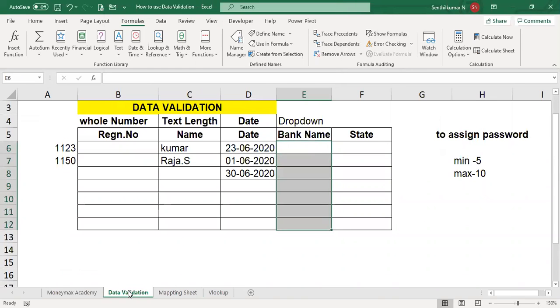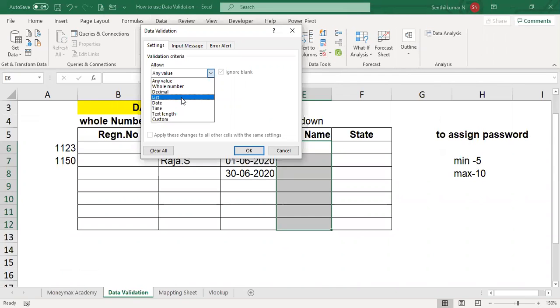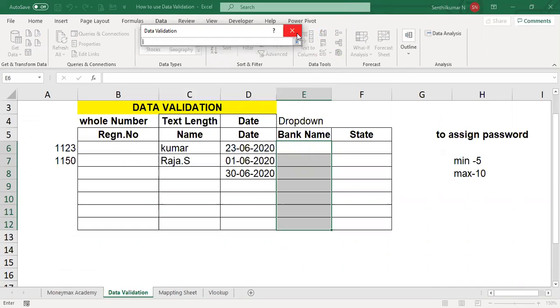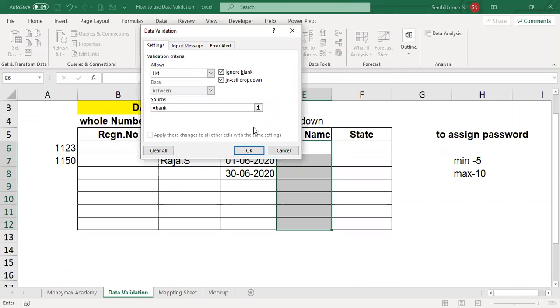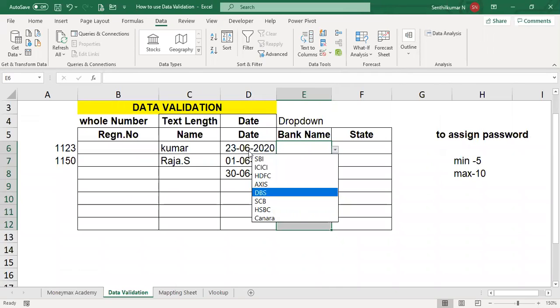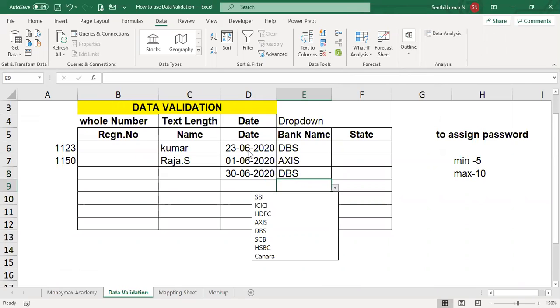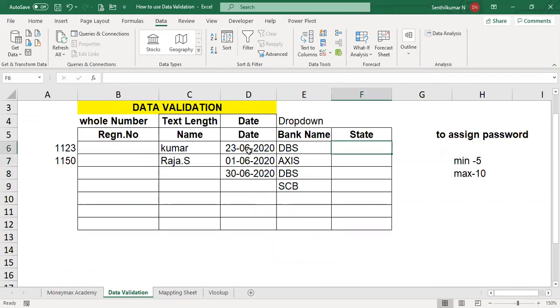Now you can select bank name, go to data menu, data validation, settings, any value, give the list. Instead of selecting the data, go to the master data. You can type the name bank. Please see now, what are the bank lists available. You can take. So instead of selecting the range, you can commit a mistake. That is why you can give the data like this.